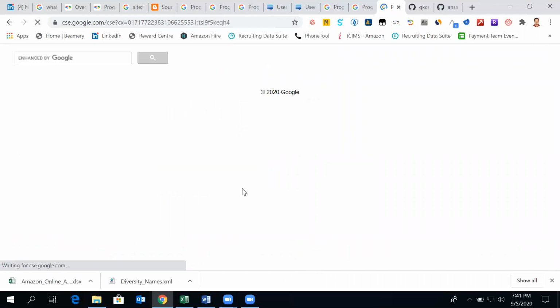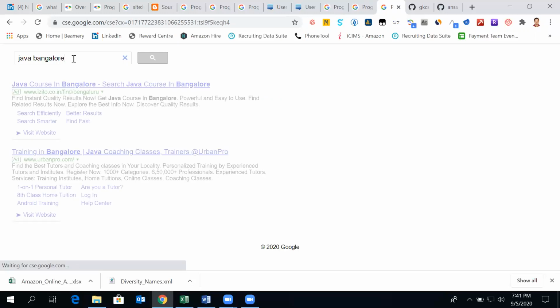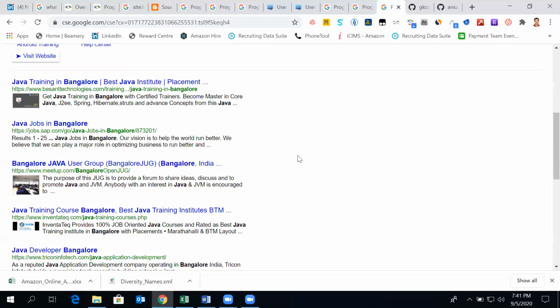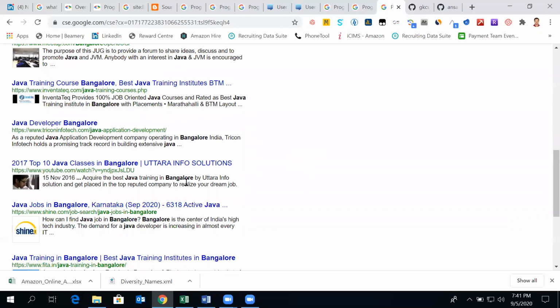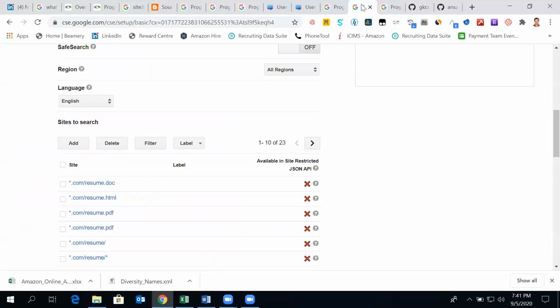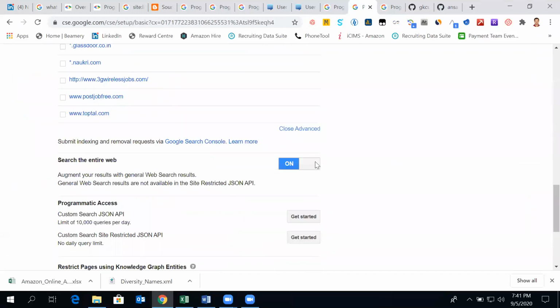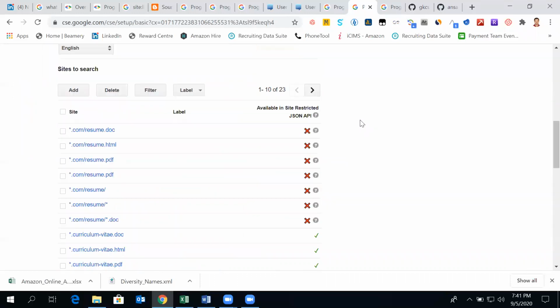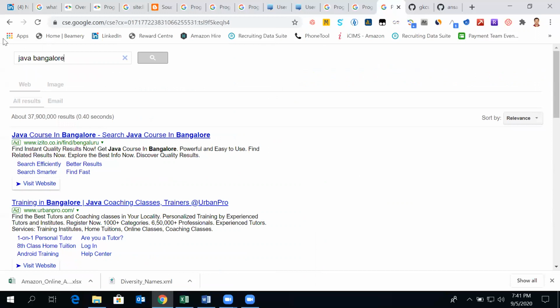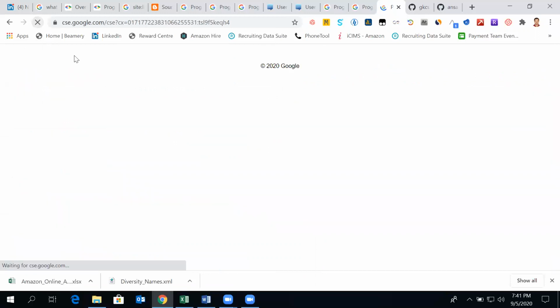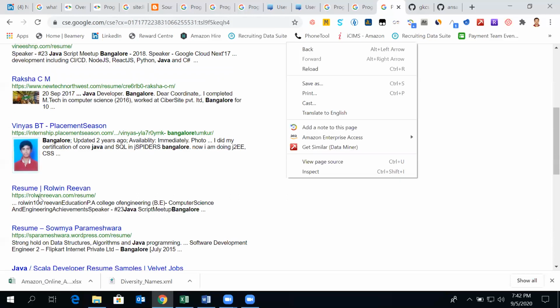There's too much work still involved behind this, and I'm yet to explore, but that's how the exploration happens. I'm just showing you the process. So either we keep on excluding, or we just say don't search the entire web and give us the results of only those particular URL patterns.